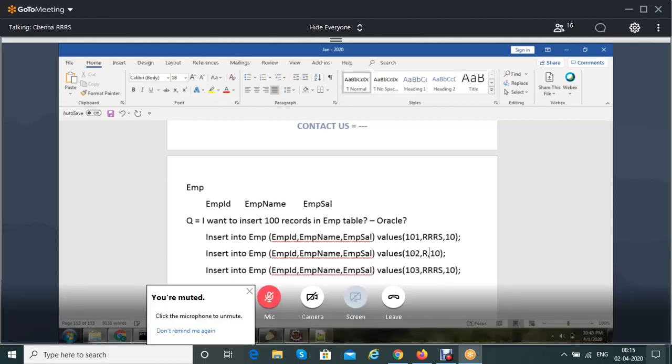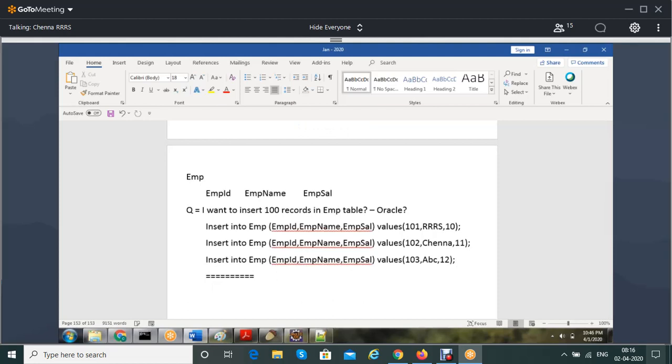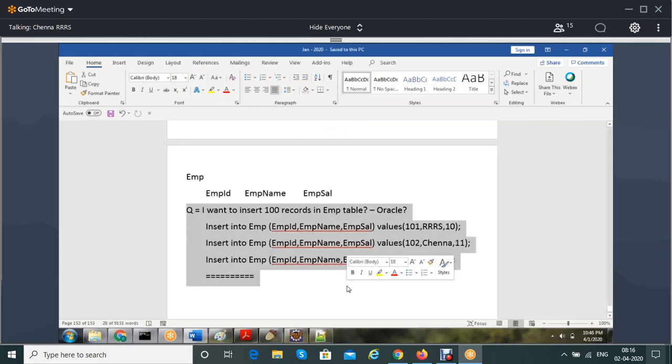Then 102, Chenna, $11 is the salary. 103, ABC, let's say $12 is the salary. This is how we write in Oracle if you want to insert 100 records.